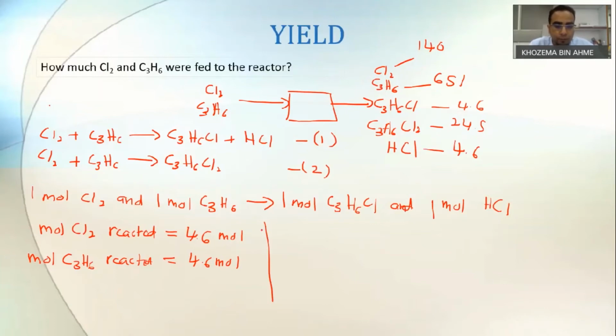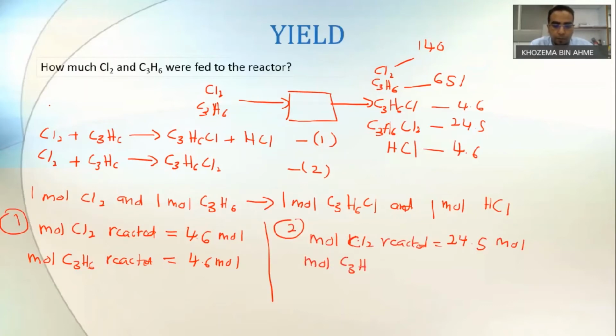So let's say this is for reaction 1, this is for reaction 2. So mole of chlorine reacted is equal to 24.5 mole, and mole of propane reacted is equal to 24.5. So now I know that this much of